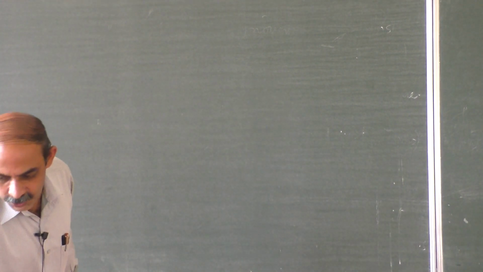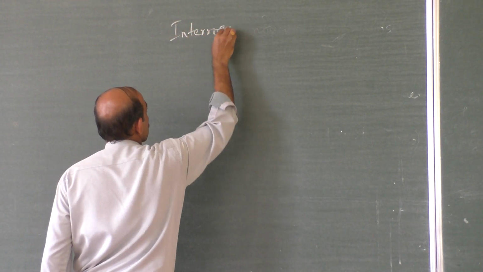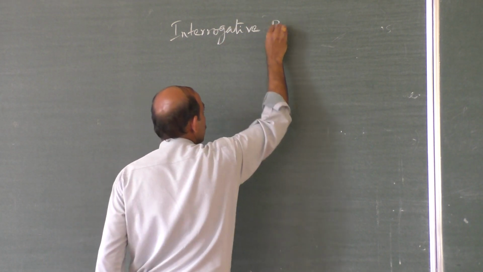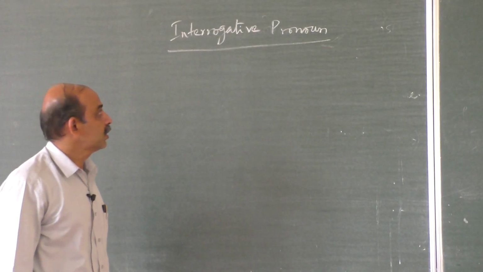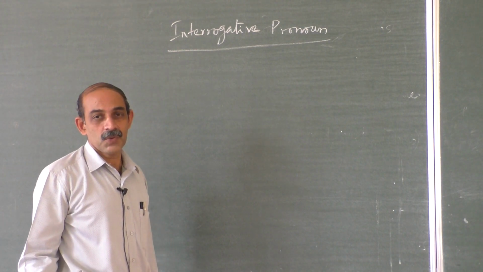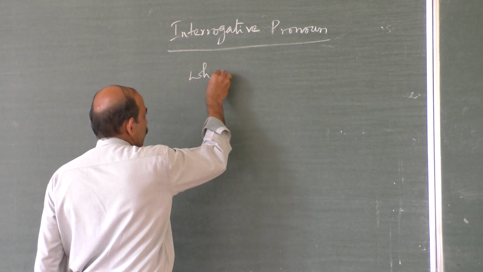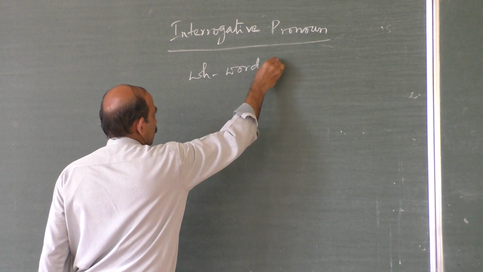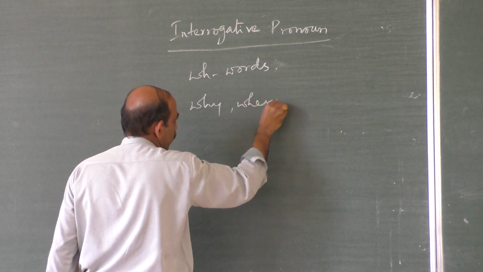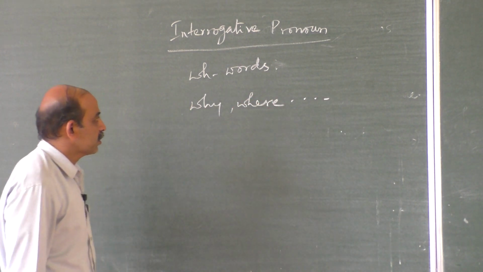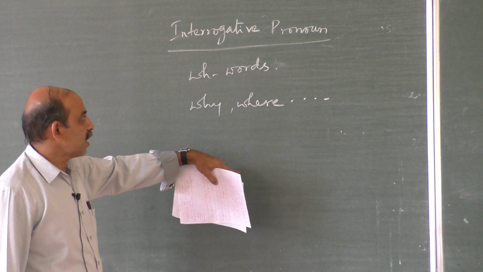Now next is the interrogative pronoun. And this is very simple, interrogative pronoun. Simple to whom? Those who have already learnt, of course. Interrogative pronouns are nothing but pronouns that begin with the WH word. All the WH words. How many WH words are available? Nine. Why, when, where, etc. I don't write everything because all that you have studied: which, what. And these are interrogative pronouns because that replaces the answer. For example,